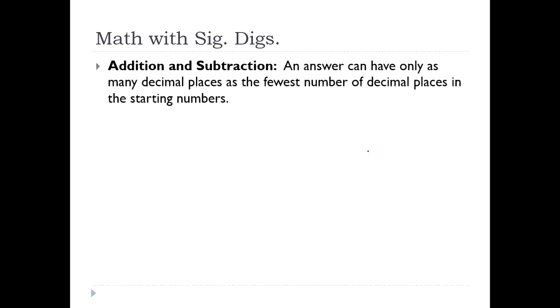So when you add and subtract, an answer can have only as many decimal places as the fewest number of decimal places in the starting numbers. Now notice what I highlighted. I highlighted decimal places. So forget for a quick second that we just talked a lot about significant digits, because right now we're just going to talk about decimal places. So let's take a look at an example. Go ahead and write this example on your paper. We're going to add up these 3 numbers. And using my calculator, or just your head, we get an answer of